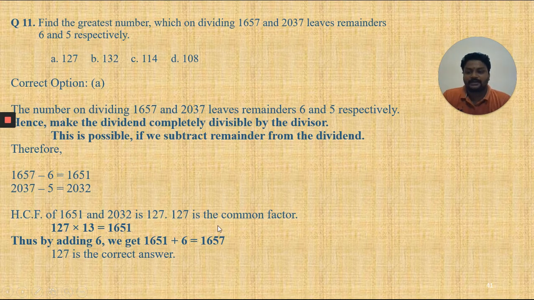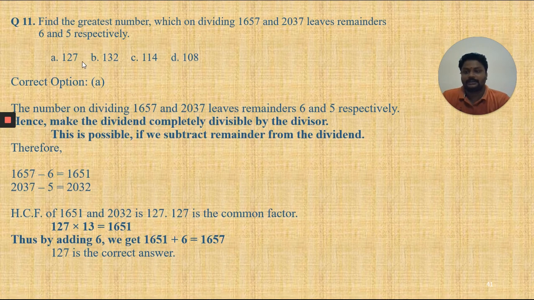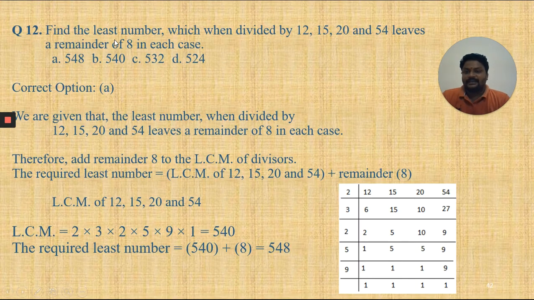127 is the common factor. 127 into 13 is equal to 1651, which by adding the remainder value 6 gives 1657. So 127 is the correct answer. Option A is correct. Next, find the least number which when divided by 12, 15, 20 and 54 leaves a